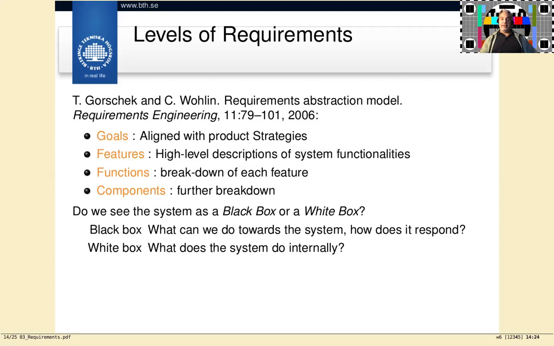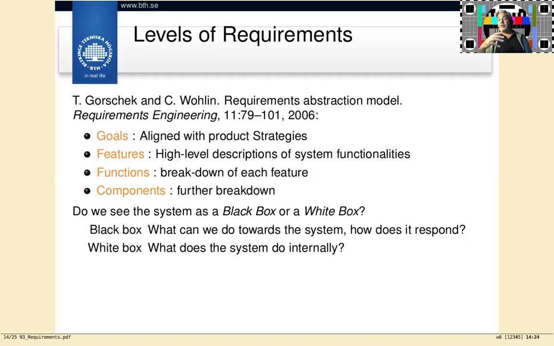So a colleague of mine, or two colleagues actually, were working together with a company, and they got, as I mentioned before, many requirements, tens of thousands of requirements, and they needed a strategy for dealing with that. What they realized was that all requirements are not shaped in the same way. That would be nice if all requirements were specified in the same way. But what they discovered was that